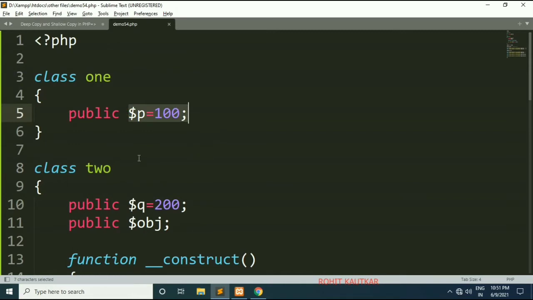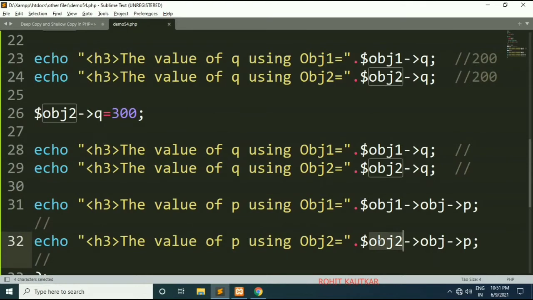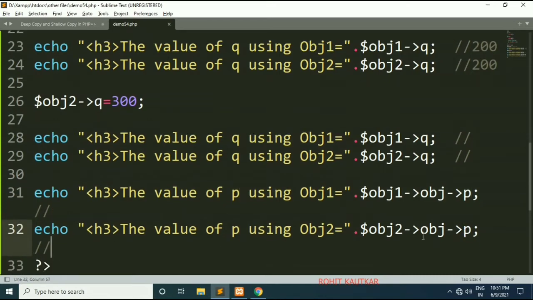Okay, because the object of class 1 is defined within class 2. This is actually the instance of class 1. So I am referring here obj2 object operator obj, object operator p. So we are getting value 100 in both cases.